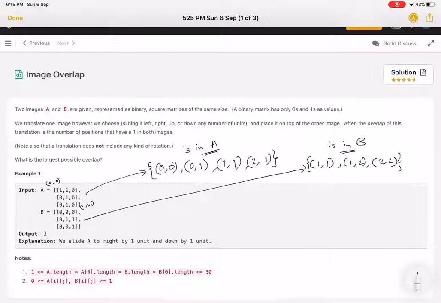In 0 0 we have 1, then 0 1 we have another one, then this is 1 1, and then this is 2 1. And if we do the same calculation for B, we get a vector of pairs like 1 1, then 1 2, and then 2 2. This is step 1.